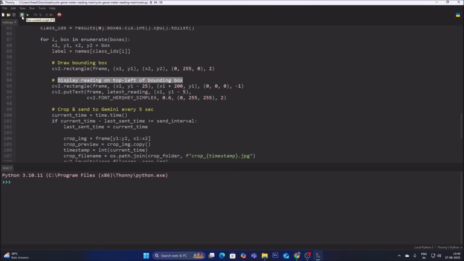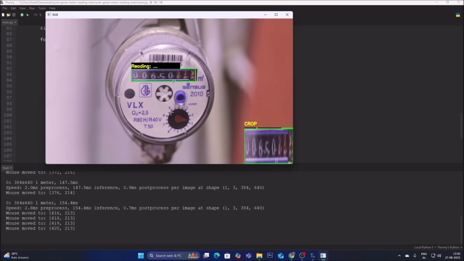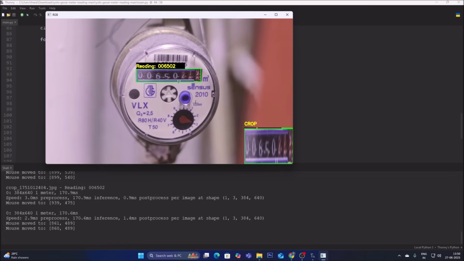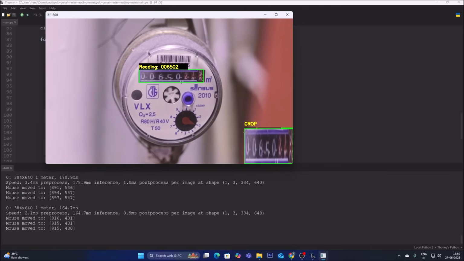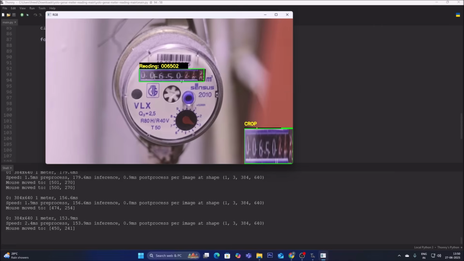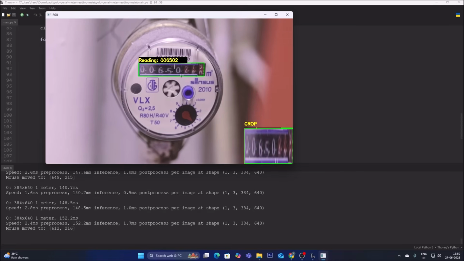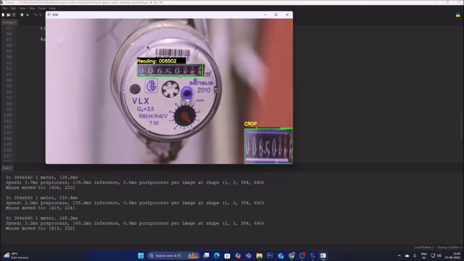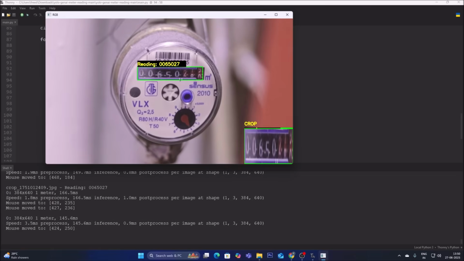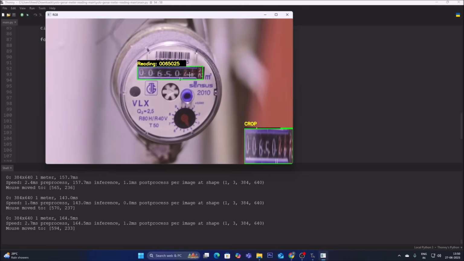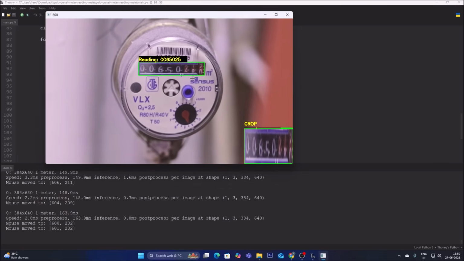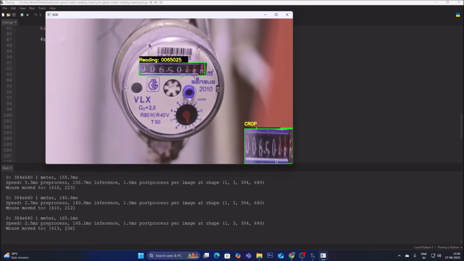Let me close untitled. Now if I run the code, we mention our key, then we have packages, all done. As you can see, there is a reading, and this is the crop live frame. We are showing a crop live frame, and here you can see the reading. These two numbers are continuously changing, that's why it only reads the stable number, which is 0006502. As you can see, 7 is going up and the new number will become